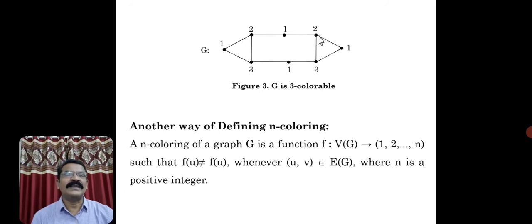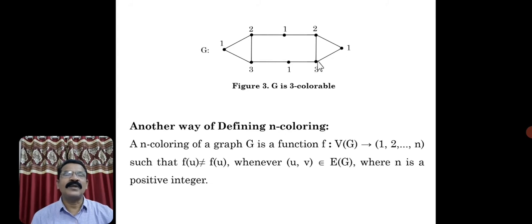Again for this vertex, you cannot use 1, but you can use the previous color 2, because these two are non-adjacent. But these two are adjacent, you cannot use 1, but you can use 2. So like that, again we are minimizing the number of colors. So now for this vertex, you cannot use 2, but you can use the color 1, isn't it?